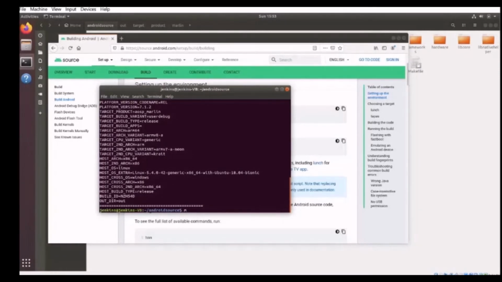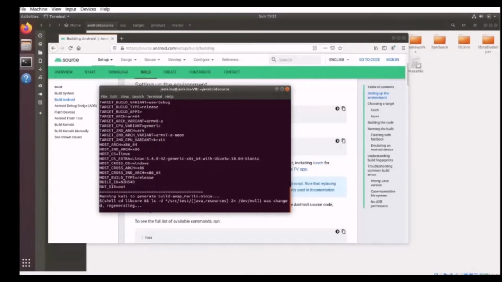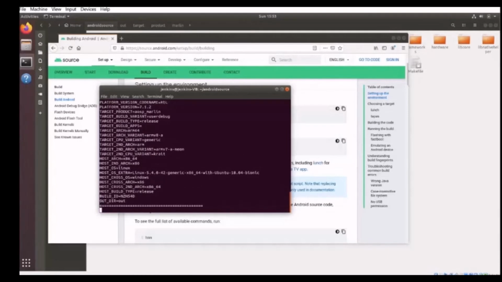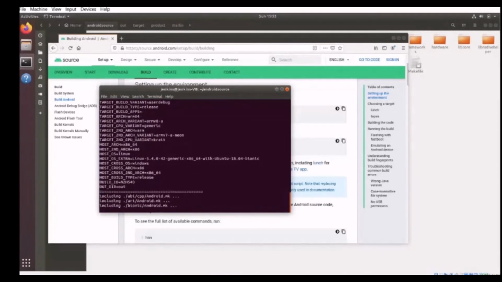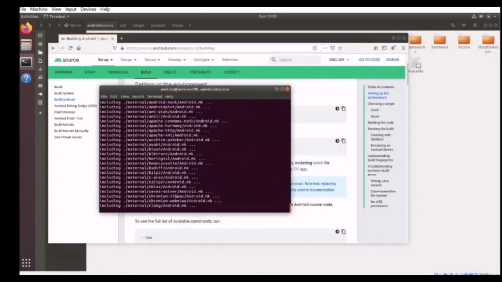The next thing is, enter m and continue. This would build the complete Android Open Source Project and generate all the IMG files in the output directory.